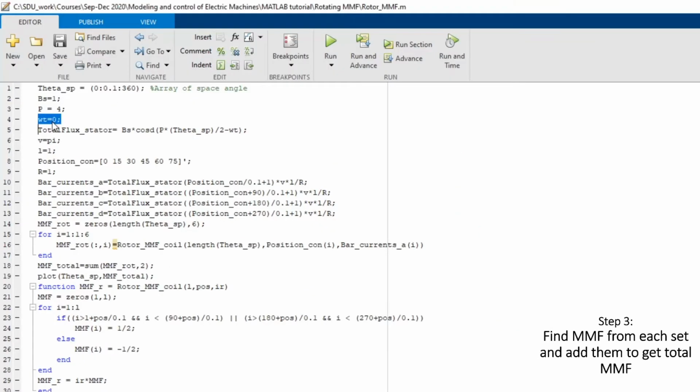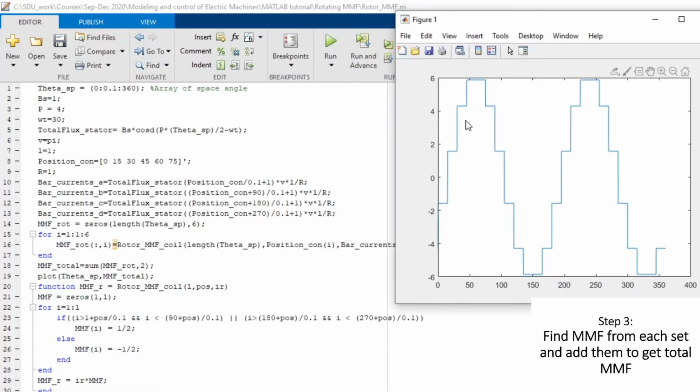Here at this line, we can change the value of omega t and get the plot of MMF because of rotor current at any instant of time. So let us see what will happen if I change the value here to 30 degree. Run the code. So we see this curve.